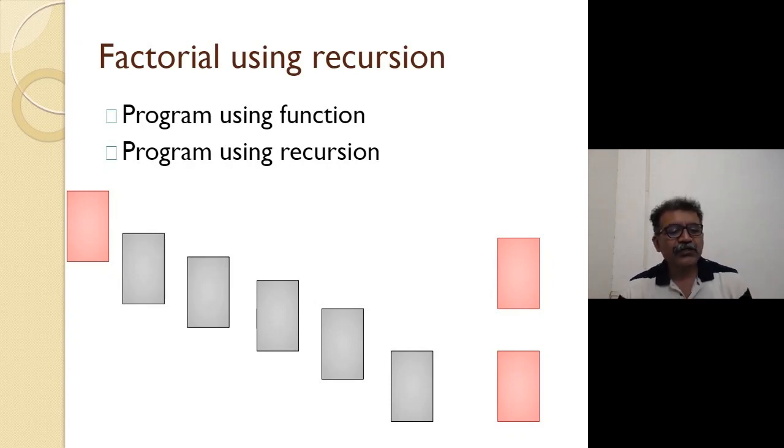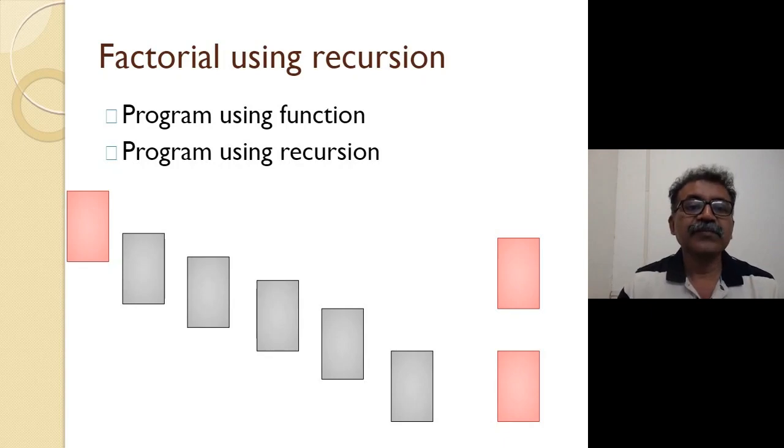So if destroyed, then why does it take more bytes than iterating? Destroyed means that many functions. See, when a function is called, memory is required, right? But it is not the same function you are calling. You are calling the function with a different argument. Each time the argument is different, so a different function body is created inside the memory, right?